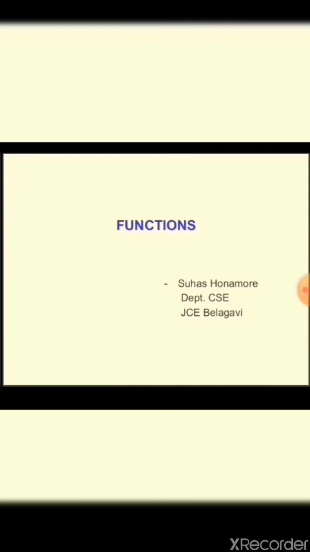For a problem in C, we can write a program, and if we can divide a problem into n number of subtasks, those subtasks can be implemented as functions in a program. A task in a problem is implemented as a function in a program. So a program can have a minimum of one function and a maximum of n number of functions.